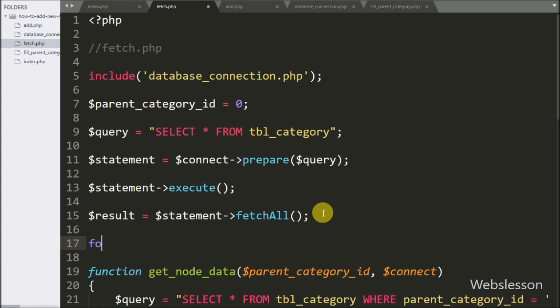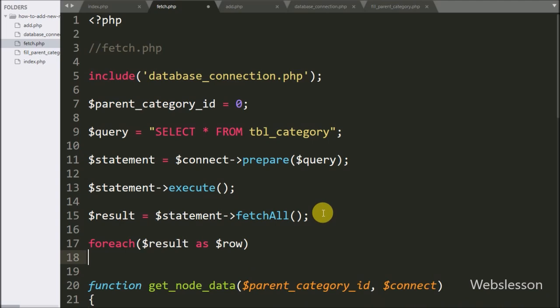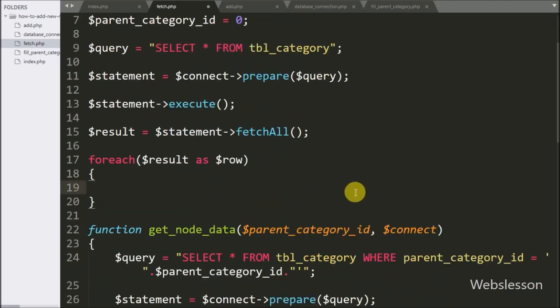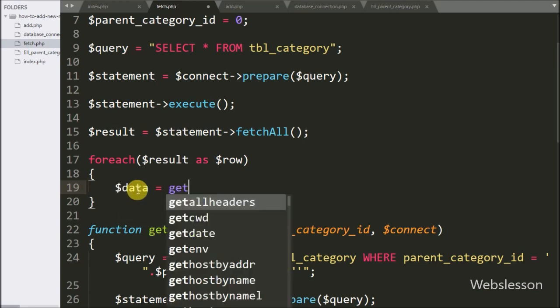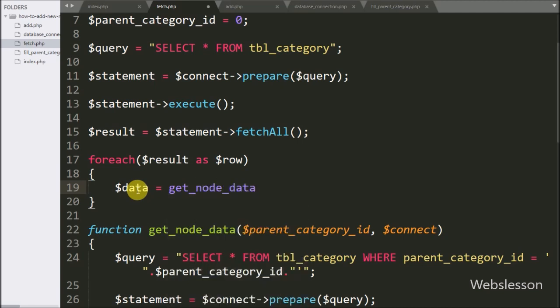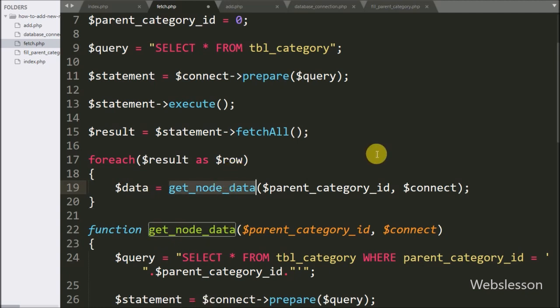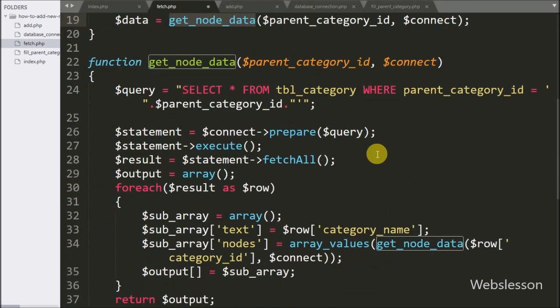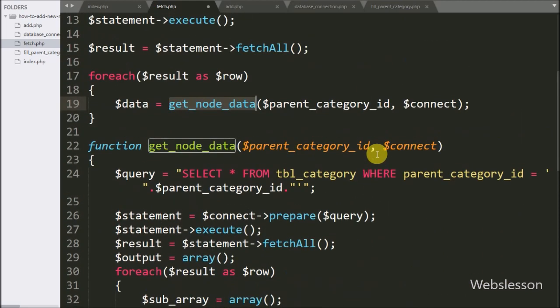Now we write a foreach loop, and under the condition we write $result as $row. By using this loop we can fetch data from the $result variable. Under this loop we write the $data variable equal to the getNodeData function with 2 arguments. As arguments we write the $parent category ID variable and the $connect variable. And here this function works recursively and it will make n-level node data in array format and store it under this